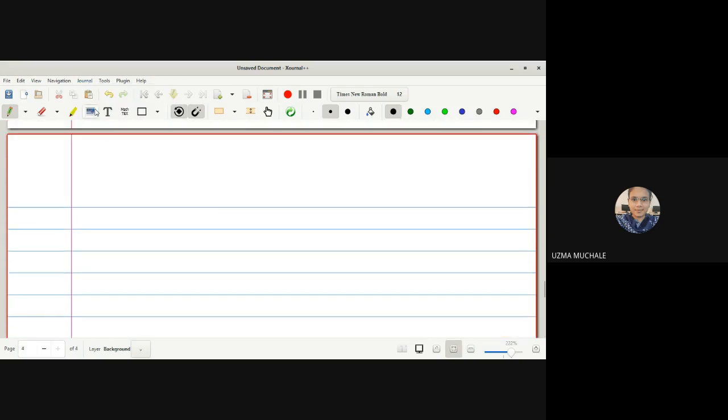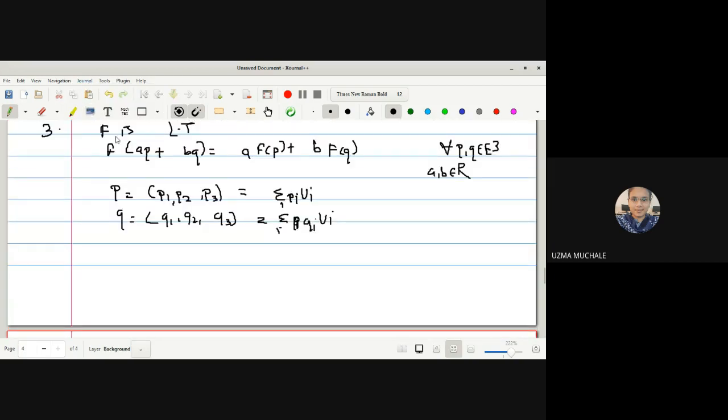Now to prove this step is somewhat lengthy, so I will prove it step by step. What do we have to do firstly? We have to see what Ui dot Uj is. It is nothing but delta ij, because these are just like a frame field. Ui means the unit vectors in the direction of the x, y, z axes. So Ui dot Uj is equal to delta ij. So as F preserves the dot product, can I write F Ui dot F Uj is equal to Ui dot Uj? Is it okay with this?